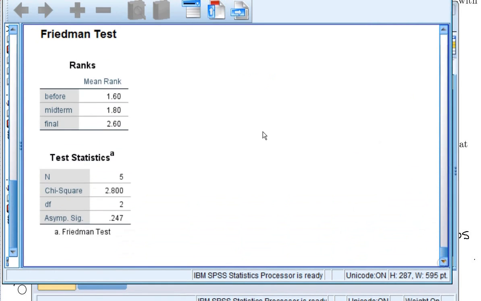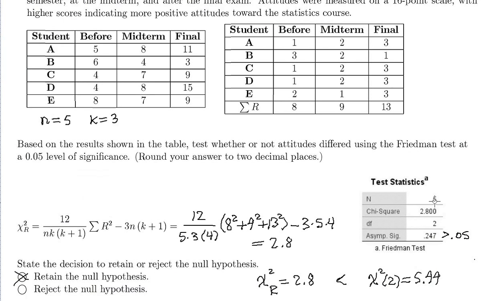And so what you see here is our 2.8 chi-square and our asymptotic significance of 0.247. And if we go back, that's exactly what we have here. So there's that 2.8 and the 0.247. So this 2.8 and retain the null hypothesis. And that wraps